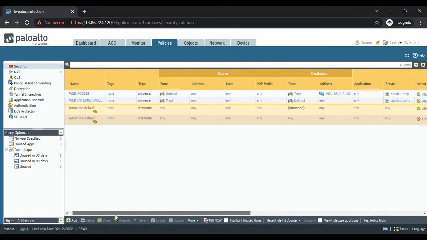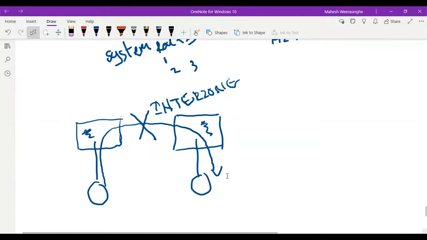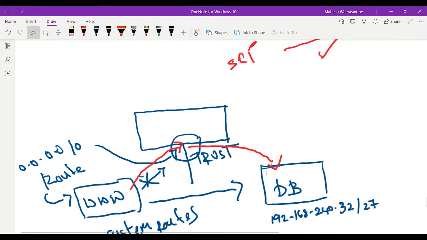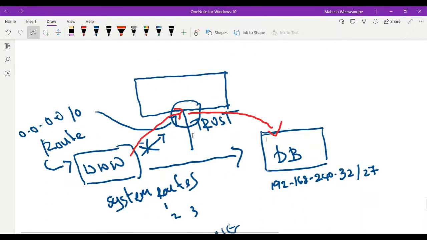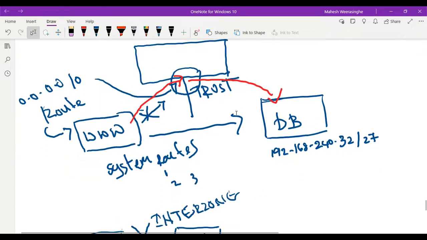So in that case, this traffic is allowed by default. But actually, I want this traffic to be blocked by default, because I don't want all the subnets to communicate without any restrictions. I can put in specific rules in order to allow the specific required communication. But